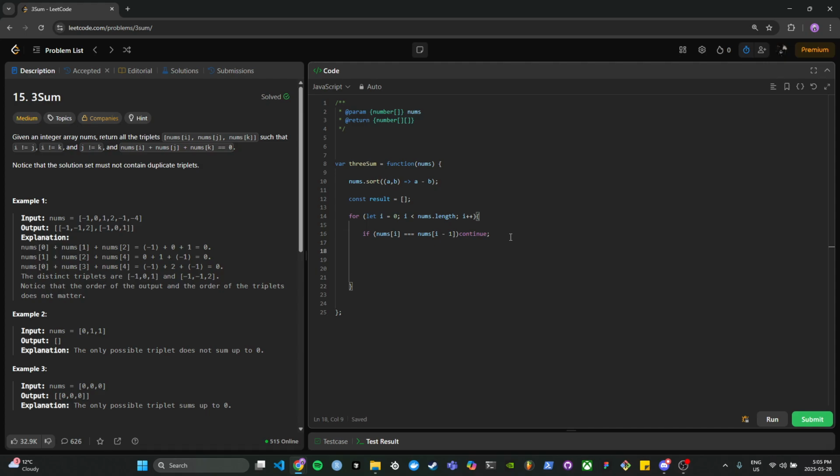And then let's get the target. Let target equal nums at i multiplied by -1. So we're going to negate the value. And then we're going to call a function, which we're going to pass in i plus 1, which is j, our target, and then the nums array. And then we're going to say result.push, spread